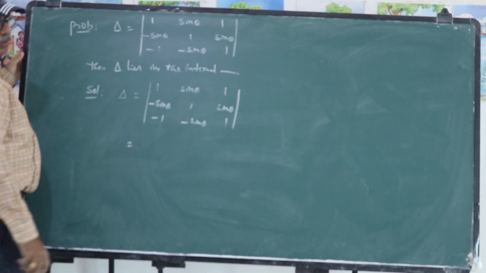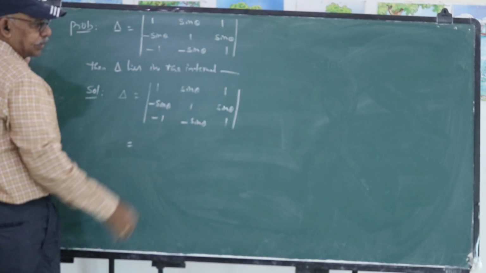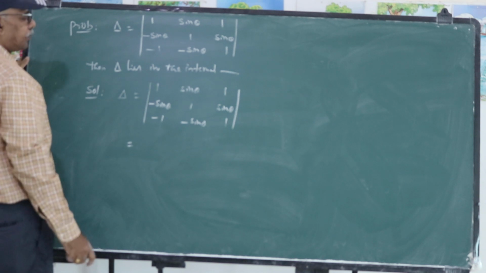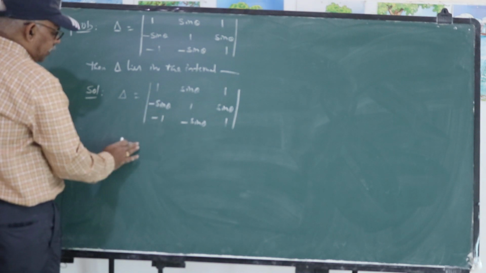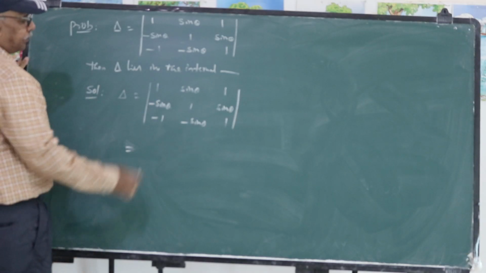You can straight away evaluate the determinant. Otherwise you make a certain number of elements 0 and then you can expand the determinant. To simplify,